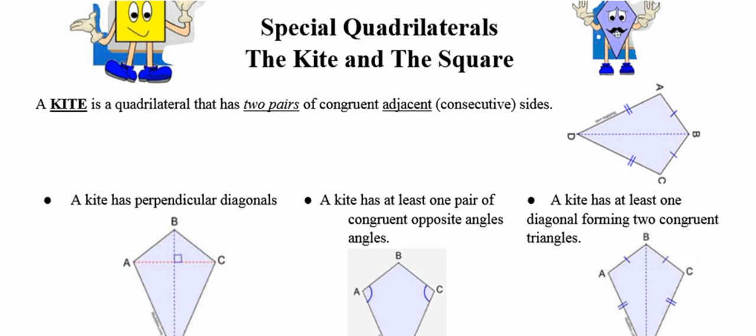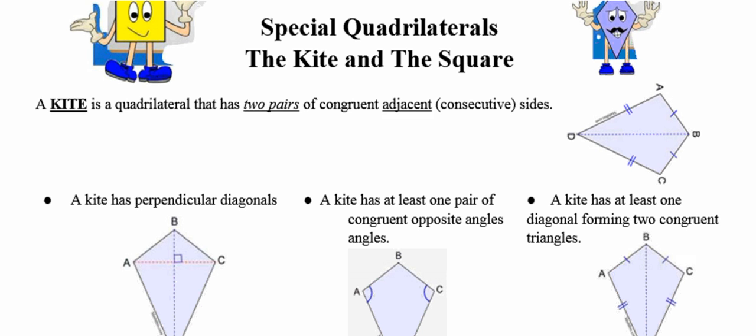The purpose of this video is to expand our knowledge of special quadrilaterals to include the kite and the square. First things first, what is a kite? The kite that you fly in the sky is a great example of a kite that we're going to study this year in geometry. It's a quadrilateral, or any quadrilateral, where two pairs of adjacent sides are congruent to each